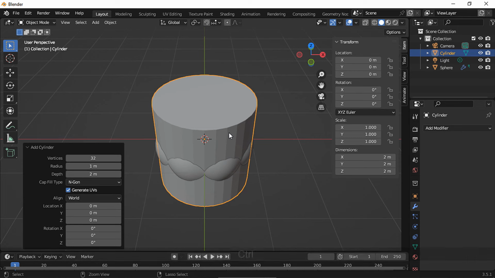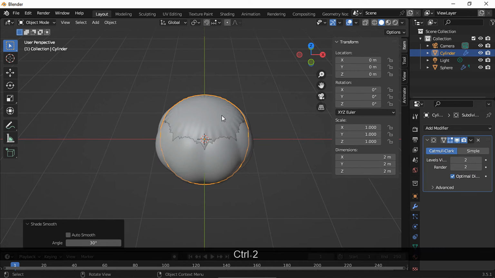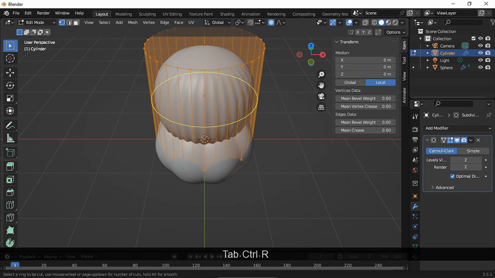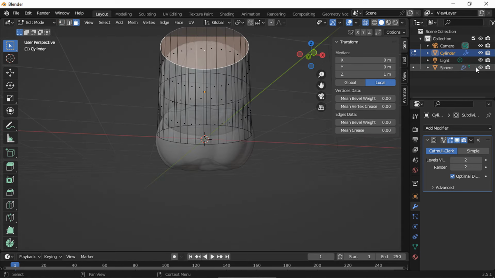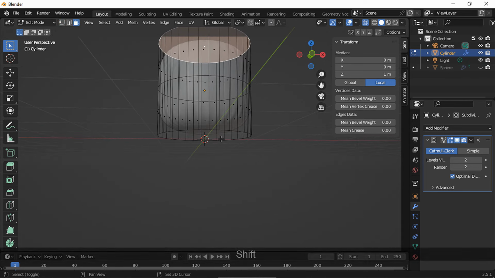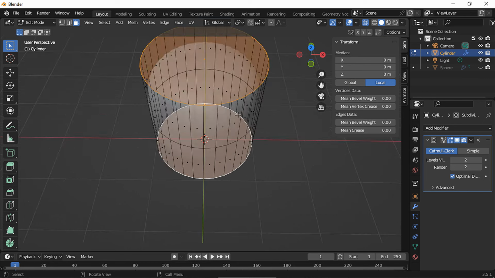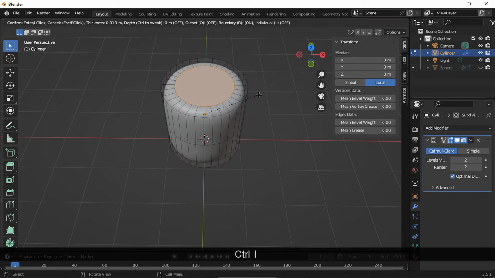and now let's add a cylinder for the stem. Add a subdivision modifier, shade smooth. Let's move it up and in edit mode add a loop cut, escape to place it right in the middle, and now select the top and the bottom face. Remember to disable proportional editing and I to inset face.